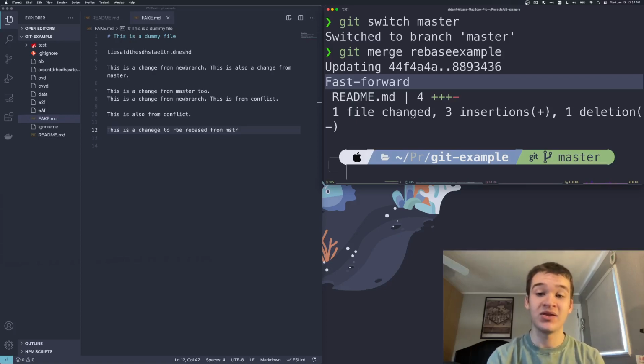But if they don't run that and they do a regular git pull, then things are going to be really bad and you could end up losing work. So that is why you have to be super careful with rebasing. But now that we've tackled both rebasing and merging, we get to the central question, which is which one should